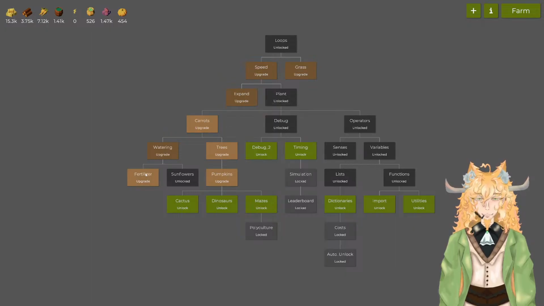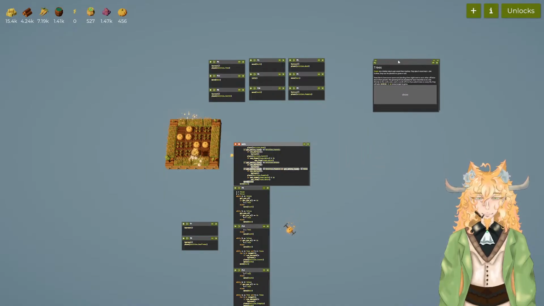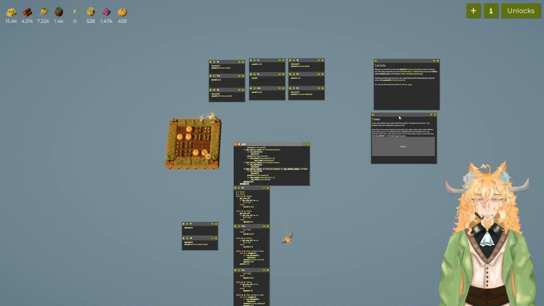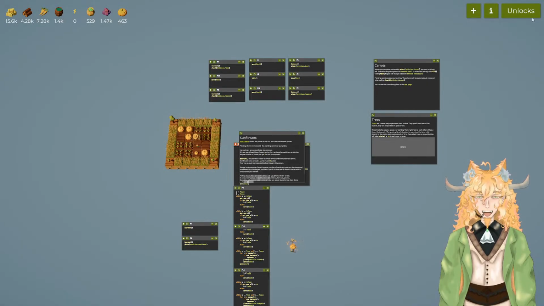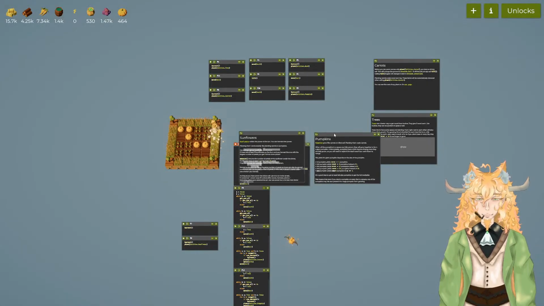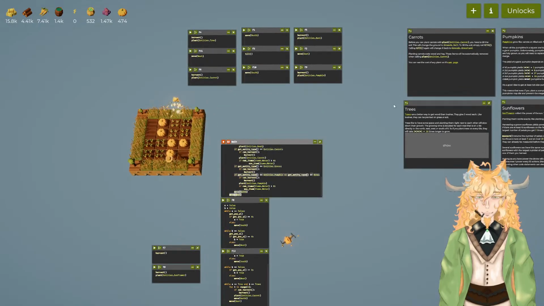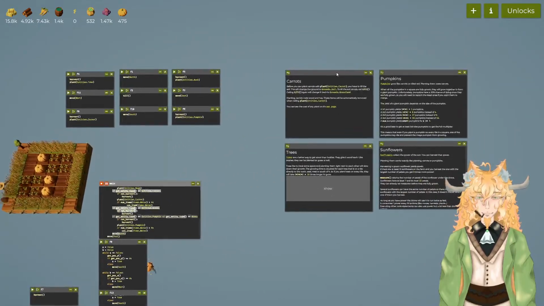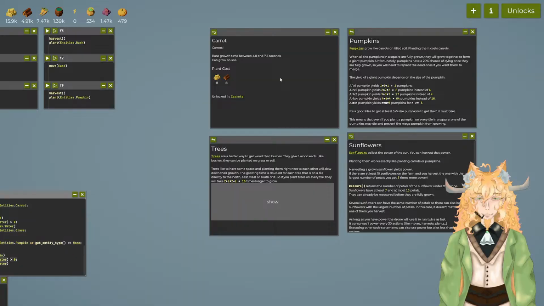Unlocks trees, sunflowers, and pumpkins. Oh. Okay, so